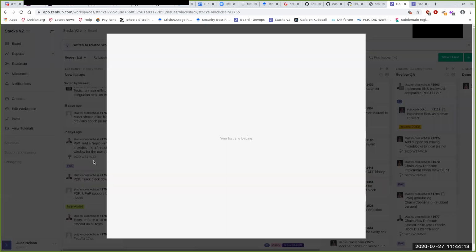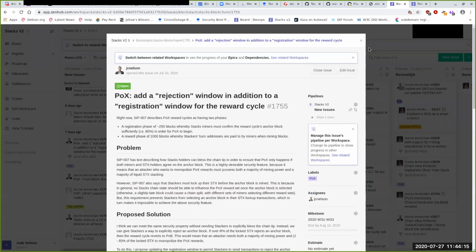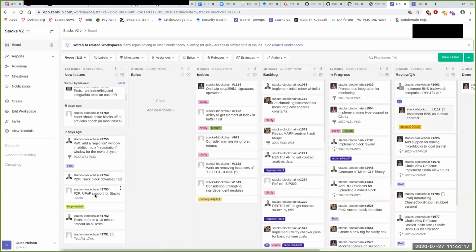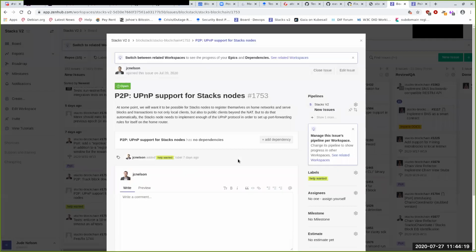UPnP support, I think this was last week. Oh, how'd that open? So one thing that would be a nice to have, we don't have to do this anytime soon, but we could solicit the community for help, is to implement enough of the UPnP protocol so that a Stacks node can automatically set up port forwarding for itself on a home NAT and thereby start serving blocks to the greater Stacks network. Yeah, this would be nice to have, and I think it's a good help wanted issue, but